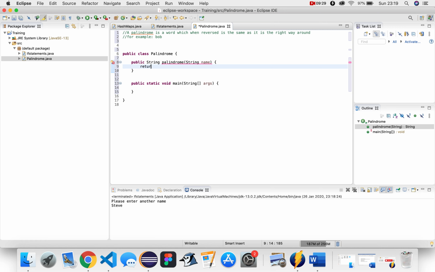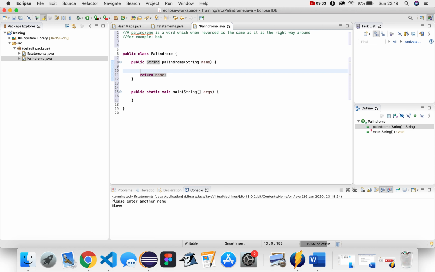We'll do this in a very simple way. I think this is the simplest way I can think of doing it. All we're going to first have to do is flip it over. So we'll do a string reversed equals